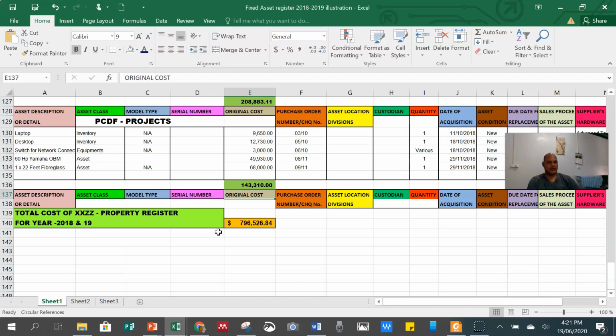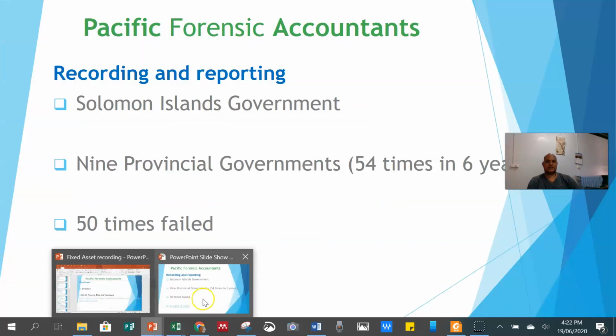This is very advanced in the way I compare it with the rest, for the last 54 times that I reminded our provinces to keep their fixed asset register so that it can give your financial reporting a good finding, as well as a good audit by the auditors, for example. So this is one of the provinces that at least has. The rest is just a list of items, kind of like a shopping list. So these are the challenges that I face.